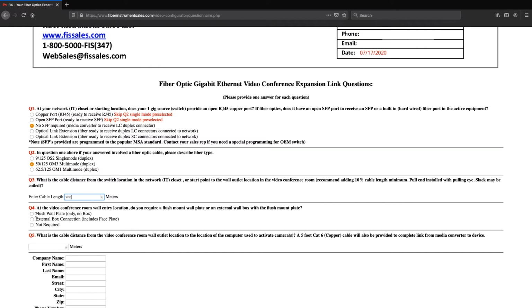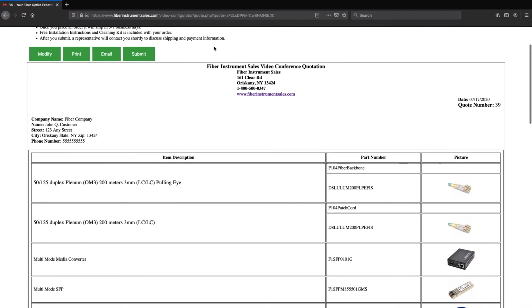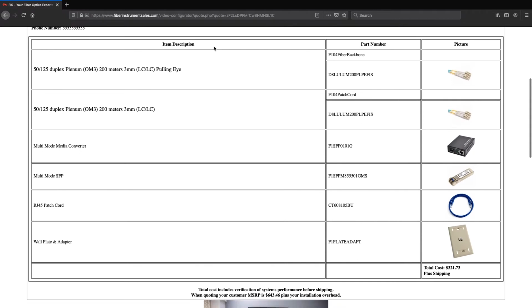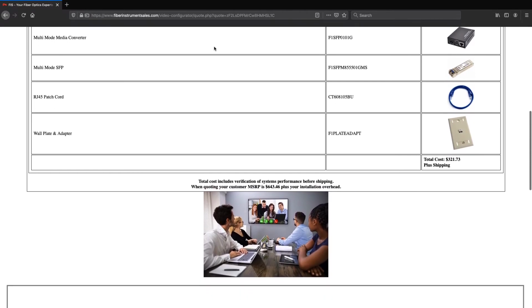Answer 5 short questions about your existing server connection, fiber type, cable distances, and the final destination. Submit your answers including contact information, which is optional, and you will get an immediate quote and technical drawing showing plug-and-play design. If you decide to purchase, you will receive your custom plug-and-play kit that includes connector cleaning supplies